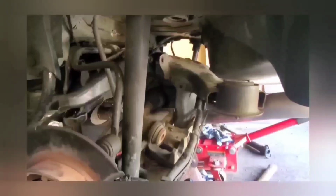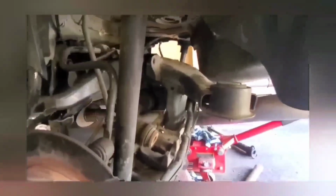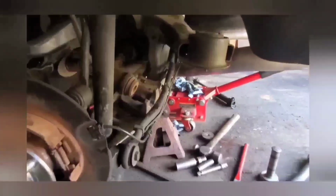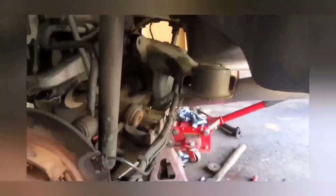I just bolted my differential and slid it forward a little bit. I didn't have to take the cradle all the way out. Didn't have to take my filter neck off. None of that. But I'm putting the Energy Suspension polyurethane bushing kit back in for the differential,